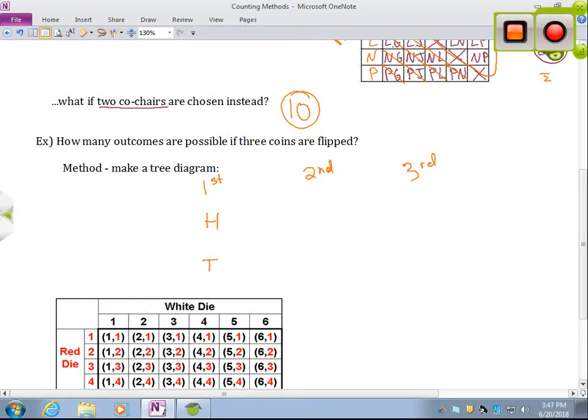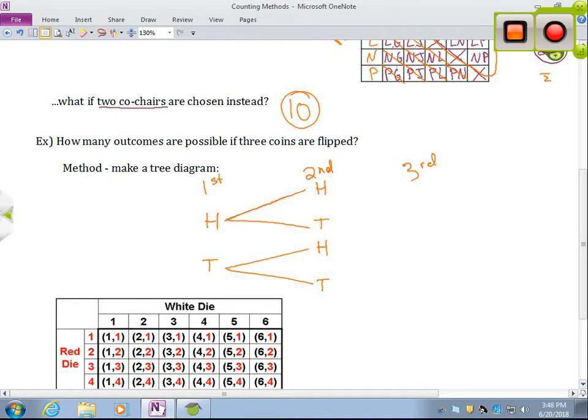And then the second outcome can also be a head or a tail, but really there's a difference between getting a head after a head and a head after a tail. So I don't just want to put head, tail under the second event. What I want to do is branch from each of the outcomes on the first flip, and list a head and a tail as the possible outcomes for the second event off of each of those. So really, I have 4 outcomes now.